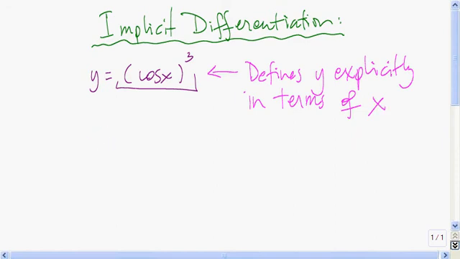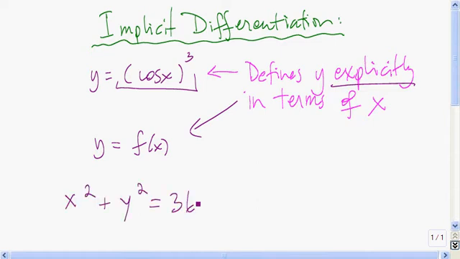More generally, if you have y on one side and some function entirely in terms of x on the other side, then that defines y explicitly in terms of x. Sometimes y is defined implicitly in terms of x by a relation. Here we have x squared plus y squared is equal to 36. This relation, since it's not written as y equals f of x, defines y implicitly in terms of